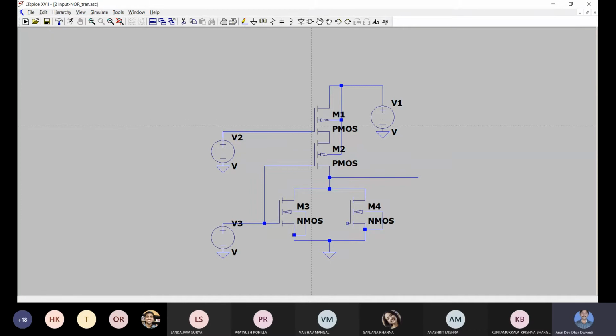I will take another wire from the second input voltage source, take a wire, come this side, come this way, then come this way, connect it. Okay, now it is connected.